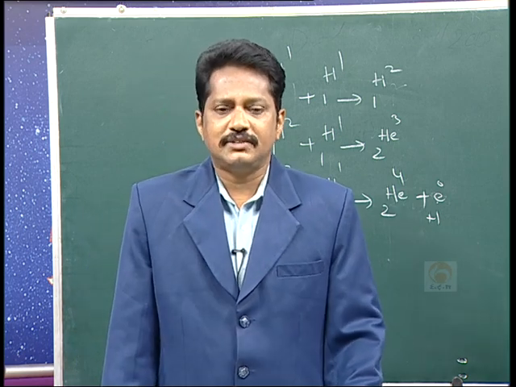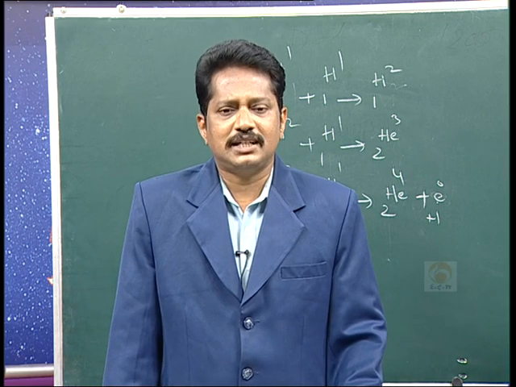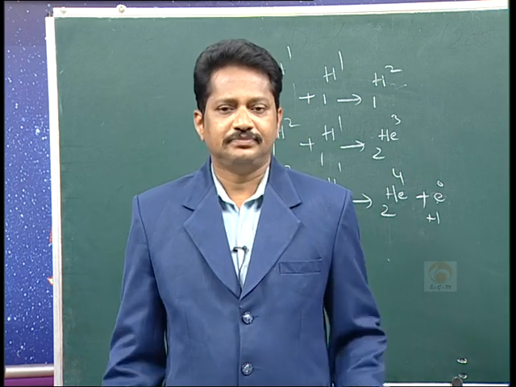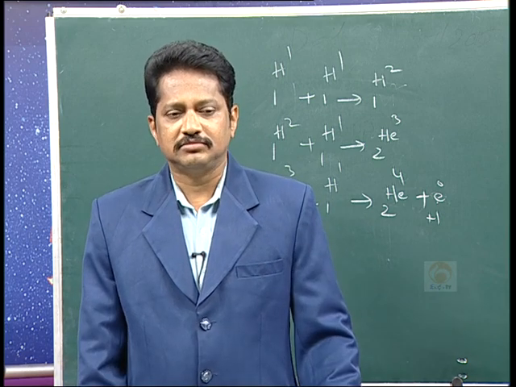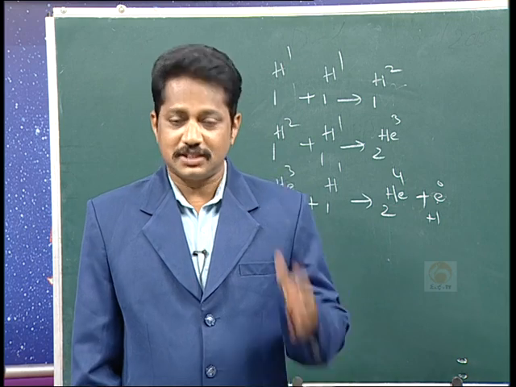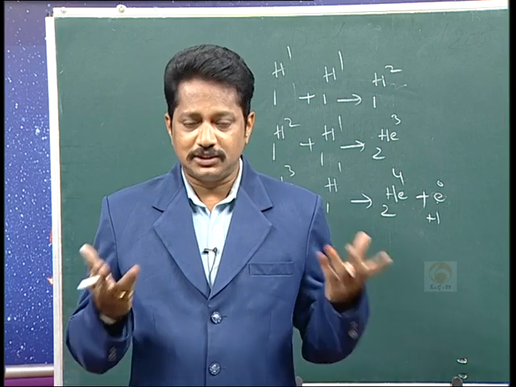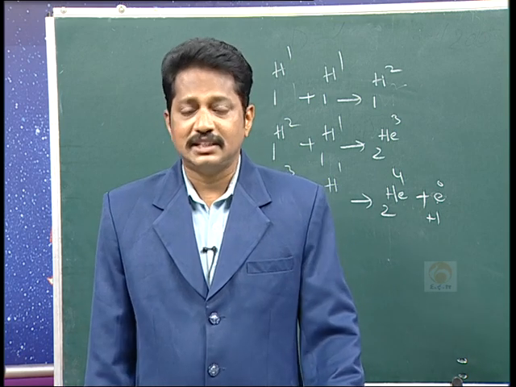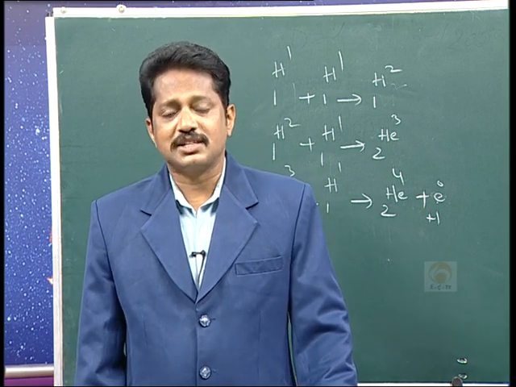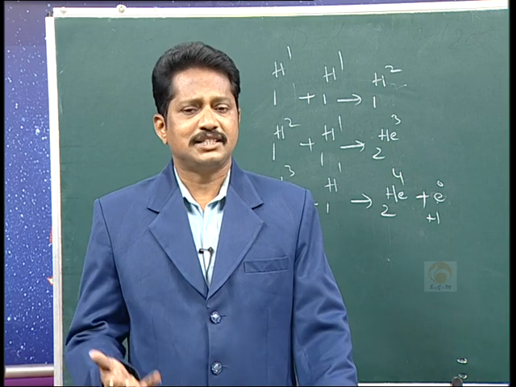Okay, now coming to the next one, which is light. When you consider light, you know that without light we can't live. Am I correct or not? If there is no light, a blind person doesn't see anything. Of course, his mind at least works. But if there is no light, it's very difficult. We are getting light from one of the stars, like the sun. Am I correct? And light has excellent properties.